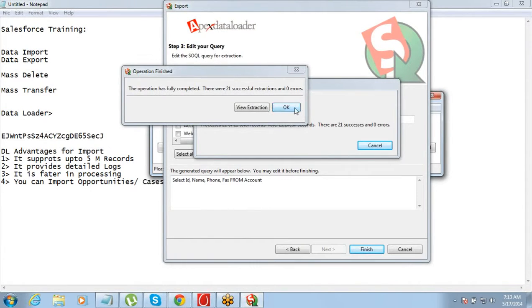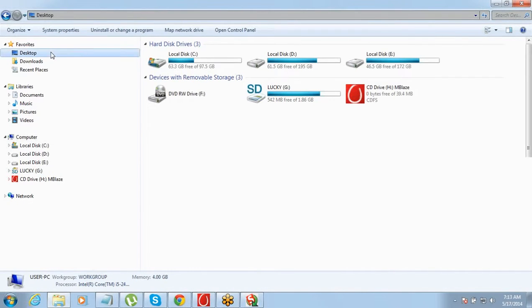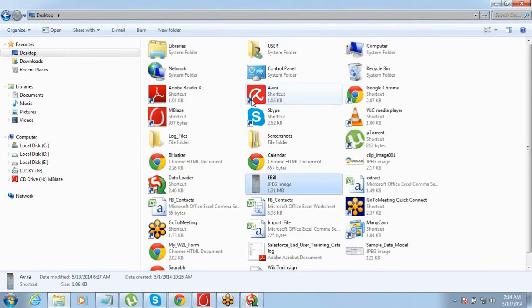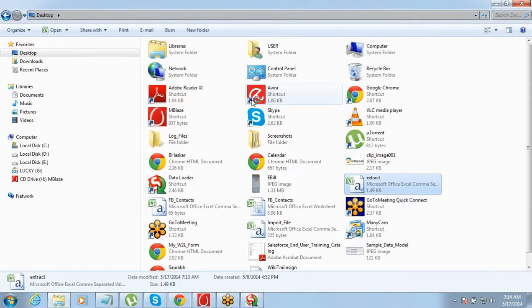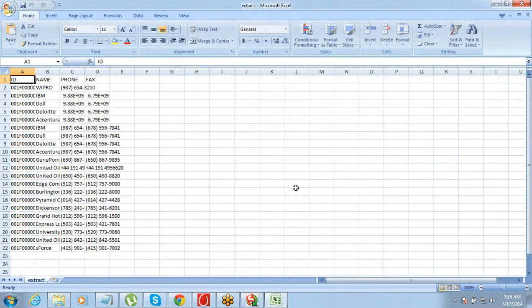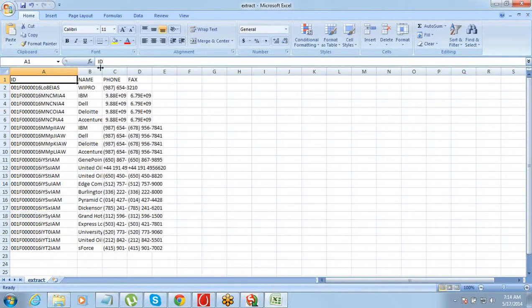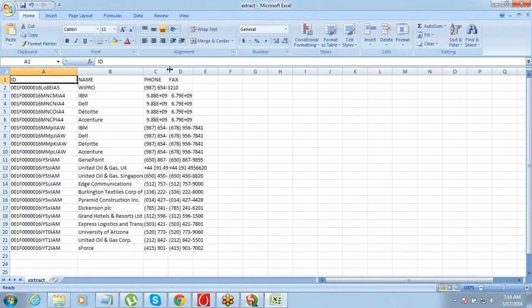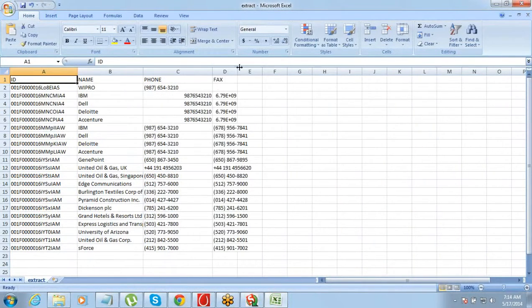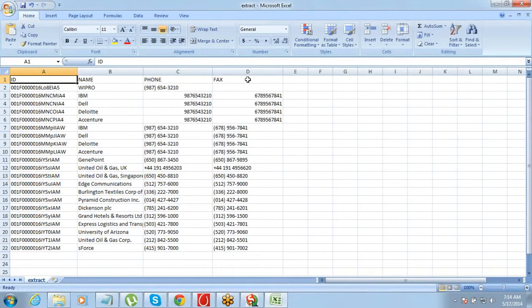Okay. You can also go and see it in the CSV file which has got saved on our desktop. So whatever location you described. See. So we have this in CSV format as well. Right.